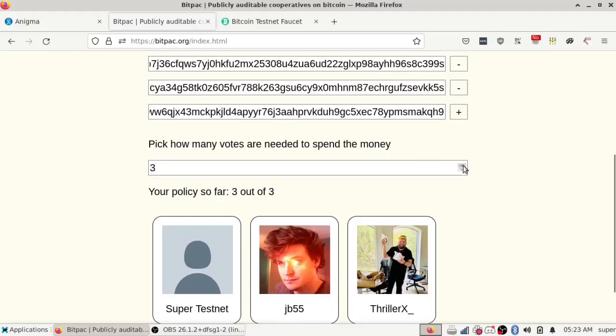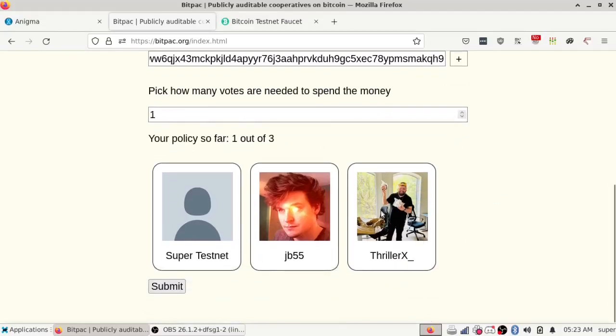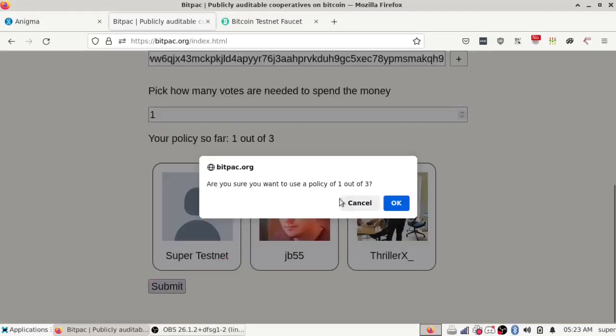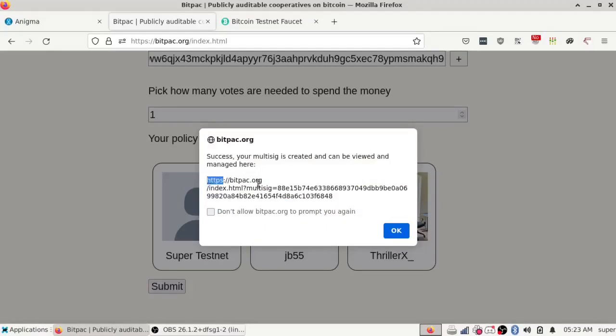So like if you want all three of us to have to agree on how to spend the money, you can do that. Or if you just want two people to have to agree, you can do that. In this case, since I don't have either of them with me, and I want to show you how you can spend money, I'm just going to make it one out of three, which means in the multi-sig I'm creating, any one of us can spend the money. So I'm going to do that. Yep, that's the policy I want, one out of three. And it gives us a little URL right here